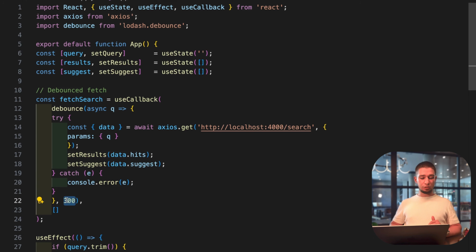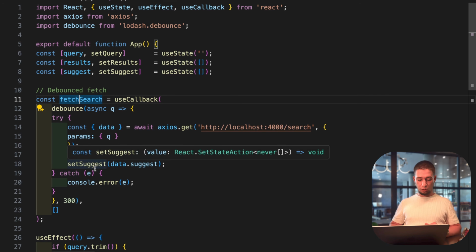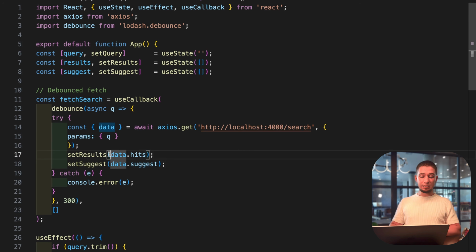But this 300 in debounce means that this request will go only after 300 milliseconds if another one doesn't go. So if we write, for example, hello, you have seen how fast I have written that. And the request will go after the last letter, when I just take my hands up and haven't typed anything for 300 milliseconds. The request has gone, and that gives good performance for our server and for our experience on the web page. We don't need lags and all that stuff.